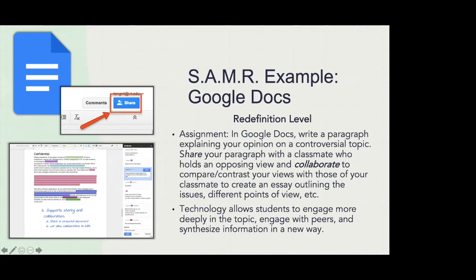And then finally, we come to the redefinition level. So we're really wanting to transform things here a little bit. So our assignment is still the same in Google Docs. Write a paragraph explaining your opinion on a controversial topic. Share your paragraph with a classmate who holds an opposing view, and then collaborate to compare or contrast your views with those of your classmate to create maybe an essay outlining issues, different points of view, etc. Technology now allows students to engage more deeply with the topic, engage with peers, and synthesize information in a new